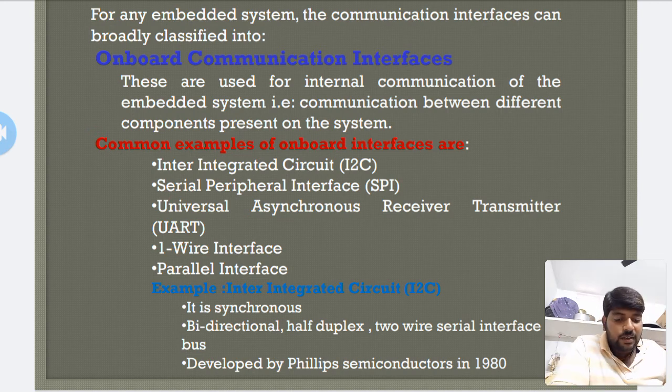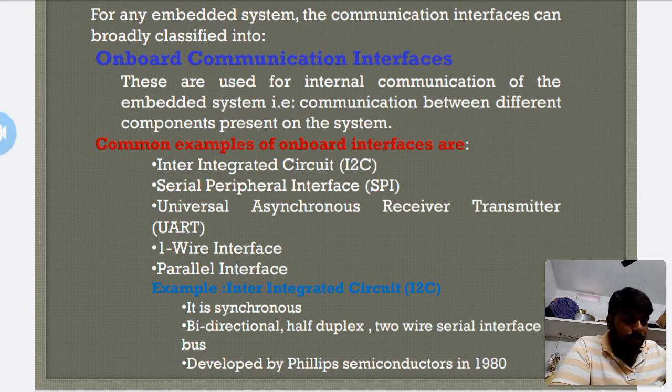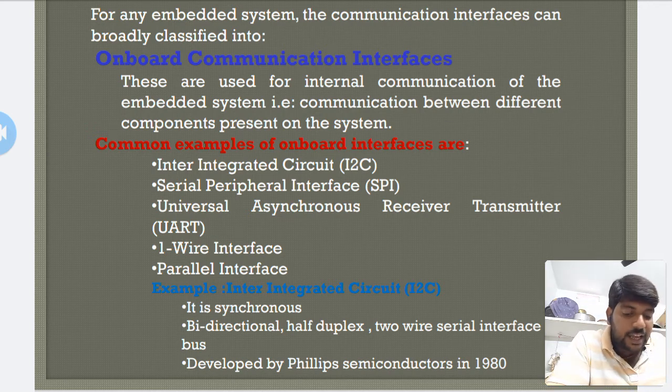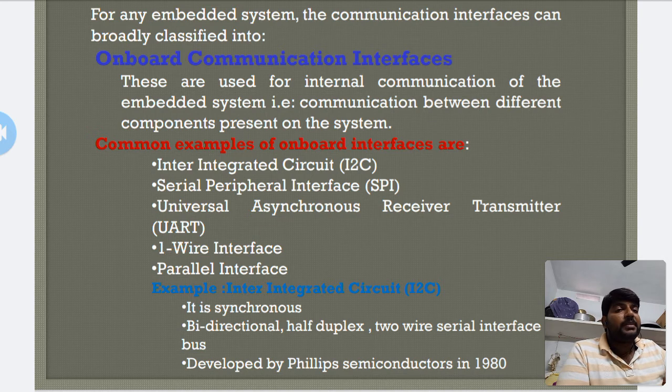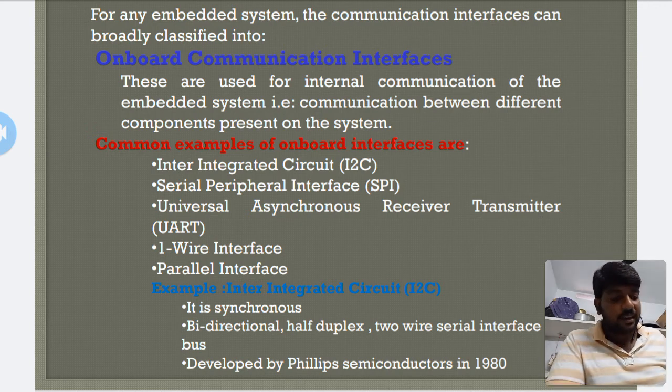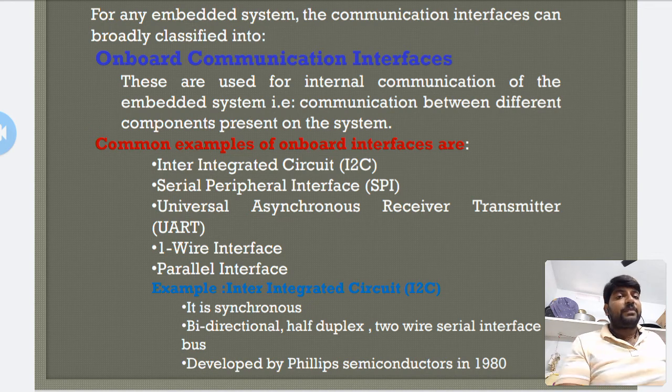The start bit informs the receiver about the incoming data bytes. The receiving device starts polling its receiving line. The number of bits transmitted by the transmitter is equal to the number of bits received at the receiver, so the data is transmitted reliably and no synchronization is required. So this is about the UART.